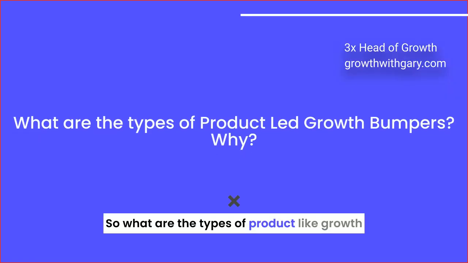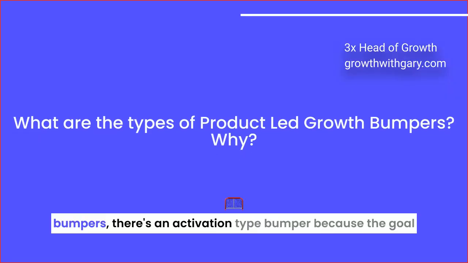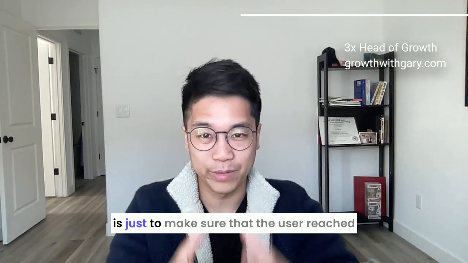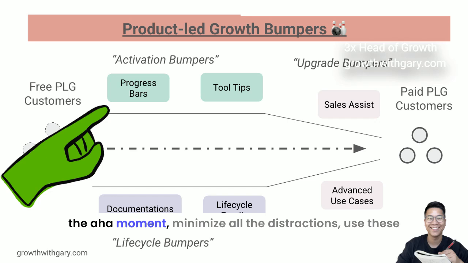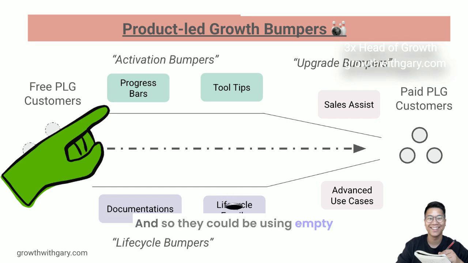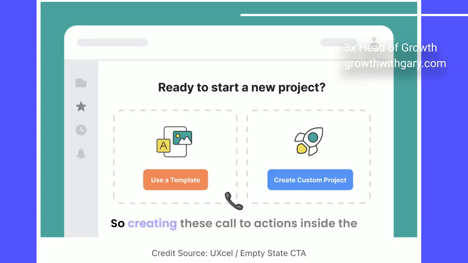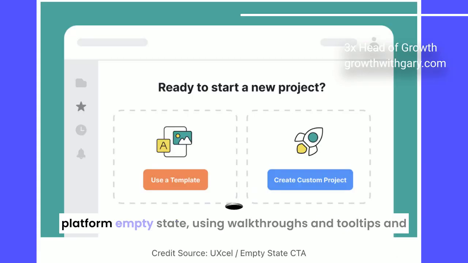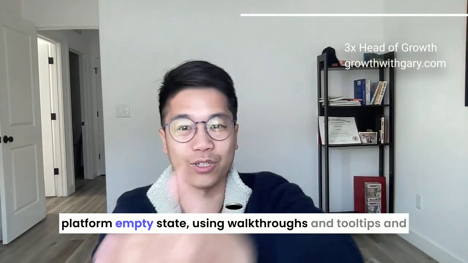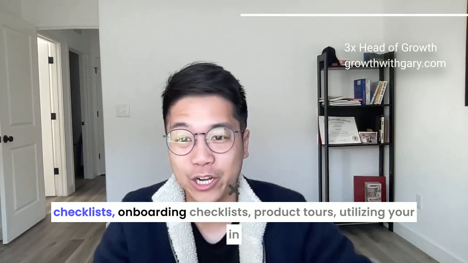So what are the types of product-led growth bumpers? There's an activation type bumper, because the goal is just to make sure that the user reaches the aha moment, minimize all the distractions, and use these guardrails to help them move towards the milestone. And so they could be using empty state calls to action, because when they just started, they didn't create anything yet. So create these calls to action inside the platform, empty states, walkthroughs, tooltips, onboarding checklists,